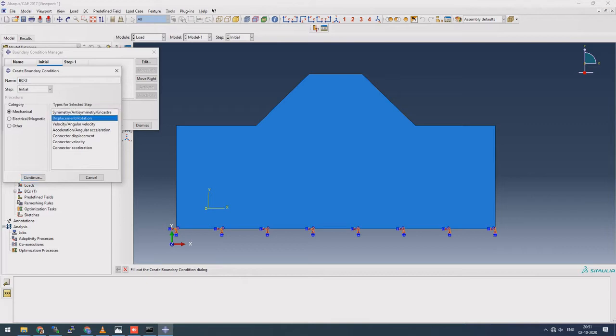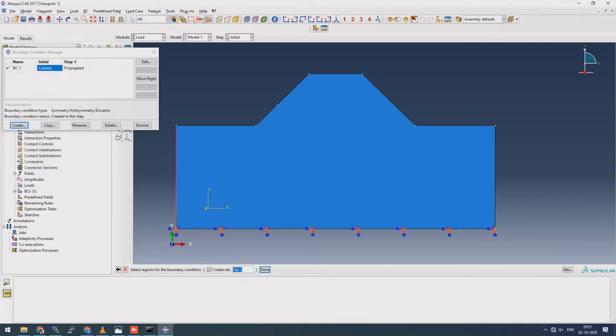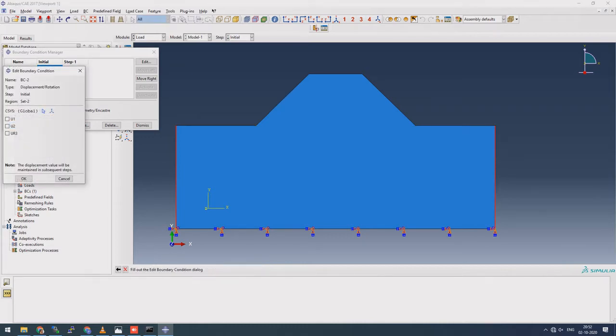So I'll just apply a displacement rotation condition to this edge, and shift click on this, so as to select both of them, and then done. What I want to do basically is apply a displacement rotation boundary condition where I don't want to allow displacement in x direction, but y and z are allowed, so no displacement in x. That means U1 will be 0. So I'll check U1 and click on OK.